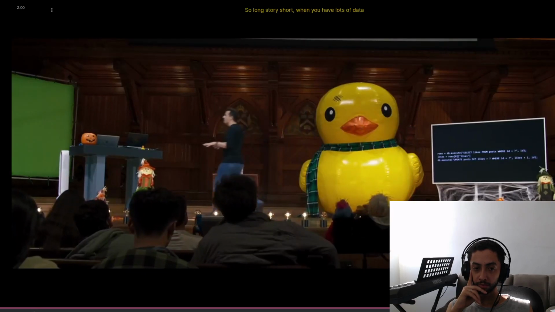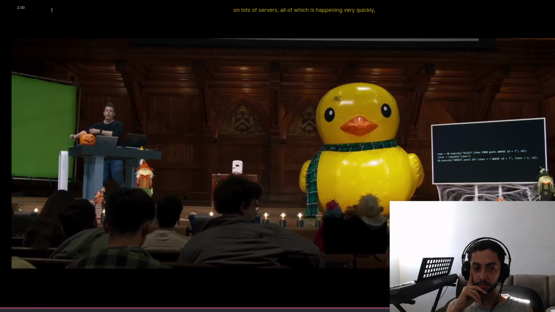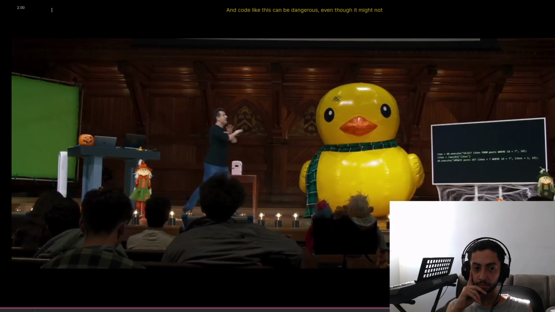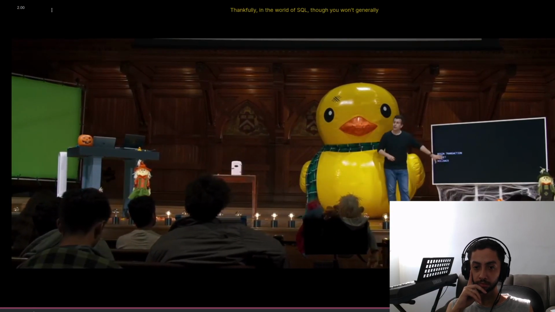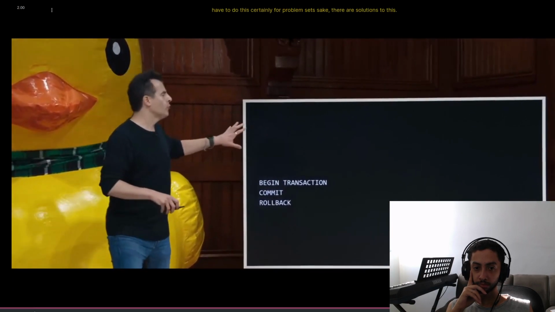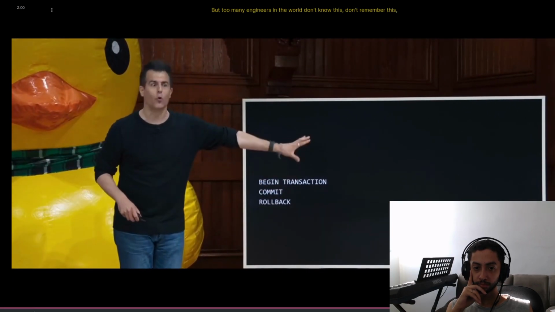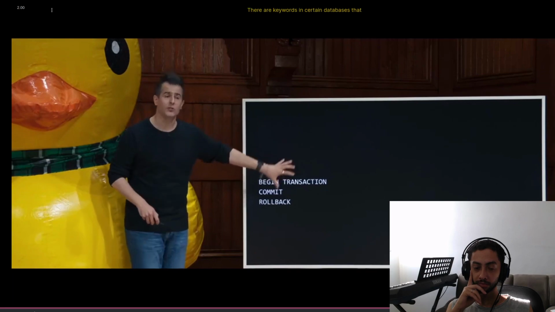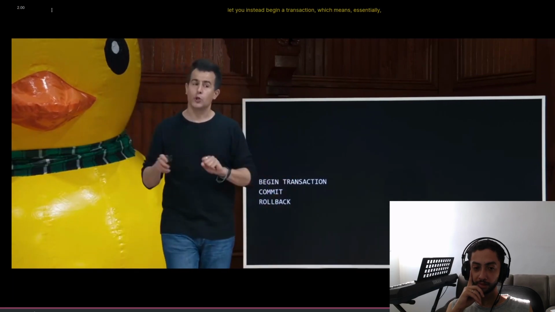So long story short, when you have lots of data on lots of servers, all of which is happening very quickly, you run into these so-called race conditions, and code like this can be dangerous, even though it might not look incorrect at a glance. Thankfully, in the world of SQL, though you won't generally have to do this certainly for problem sets, there are solutions to this, but too many engineers in the world don't know this, don't remember this, or don't appreciate this reality. There are keywords in certain databases that let you instead begin a transaction, which means essentially that these